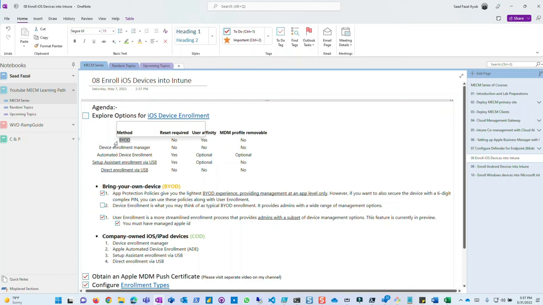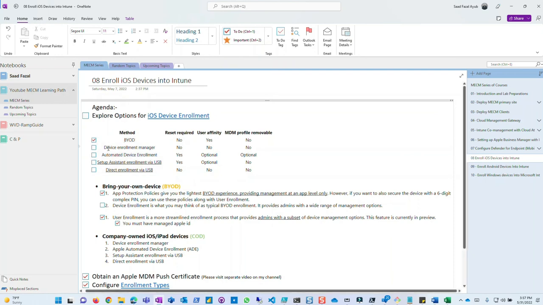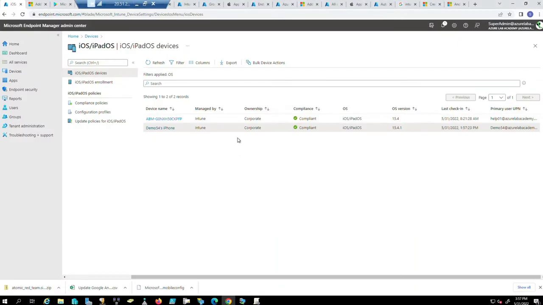Let me log in. Okay, so under the devices, since I have this iPhone hooked up to this Apple Business Manager,